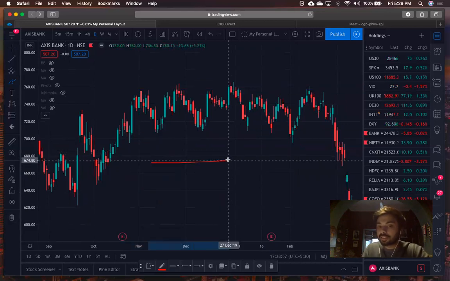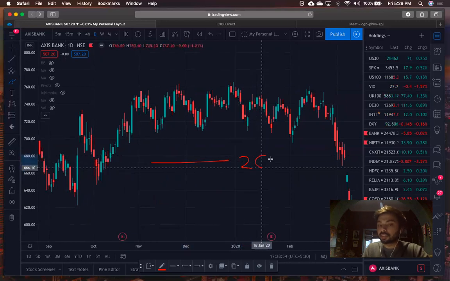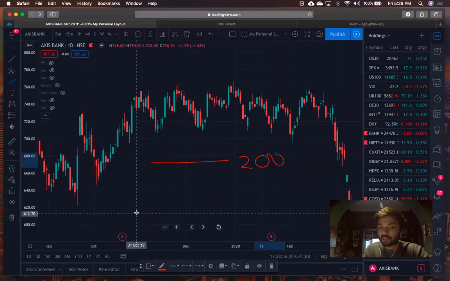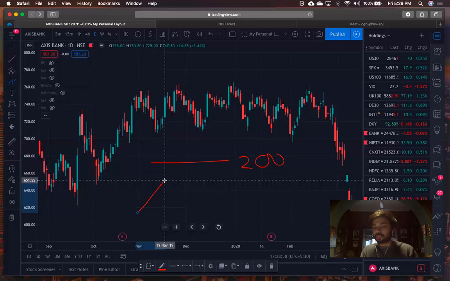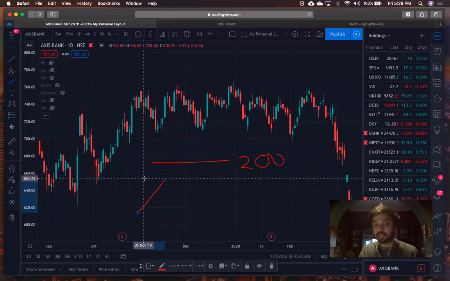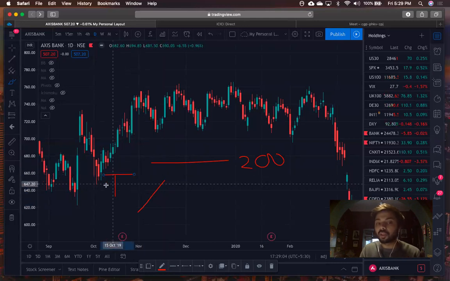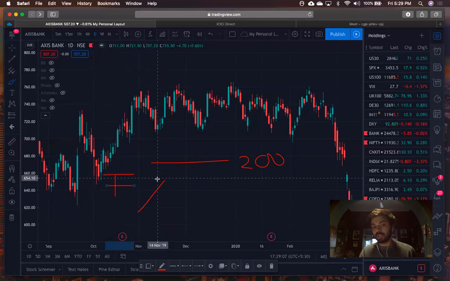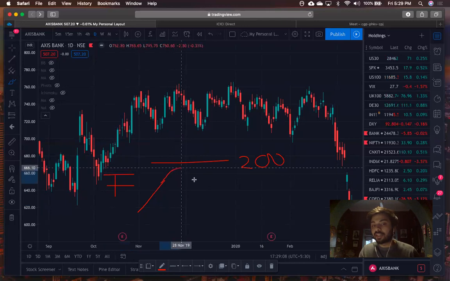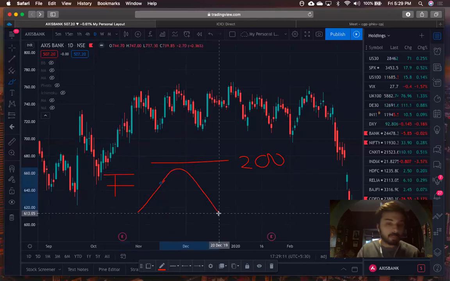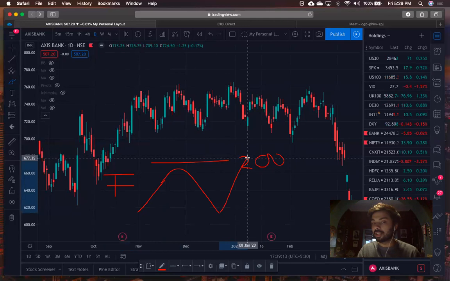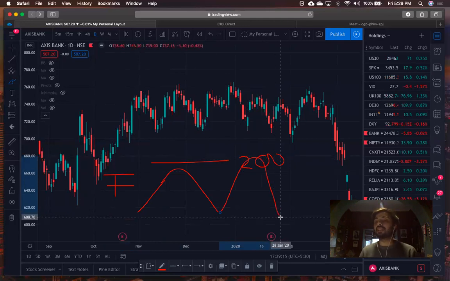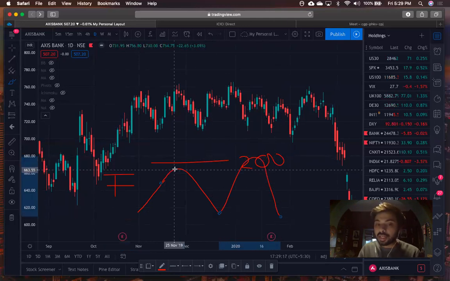So let's say 200 rupees is a resistance for the stock ABC. And if my stock has been going higher, it is possible you never touch 200, but you still bounce back. The reason is because now an emotion called fear will come into the picture. You come to a 190 level and then you fall from 190. It is quite possible you touch 200. I'm not saying you can't, but it is also more likely than not that you come to 190 and fall from 190,